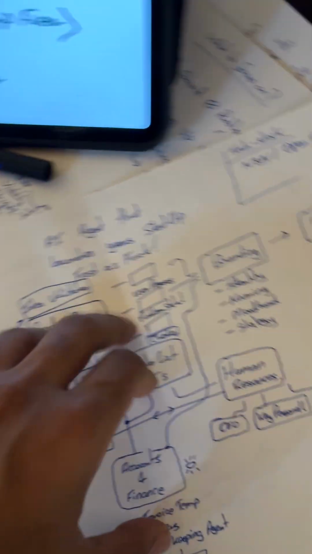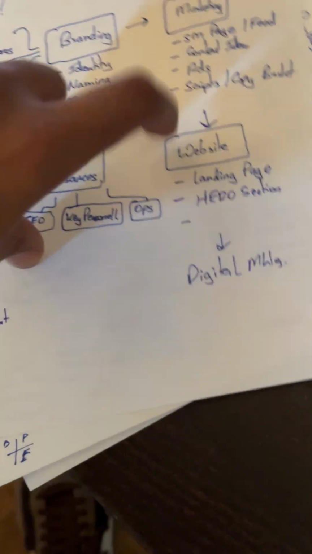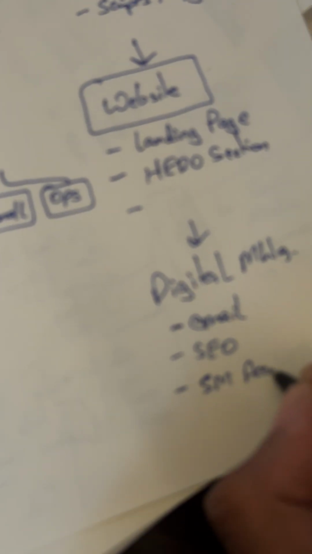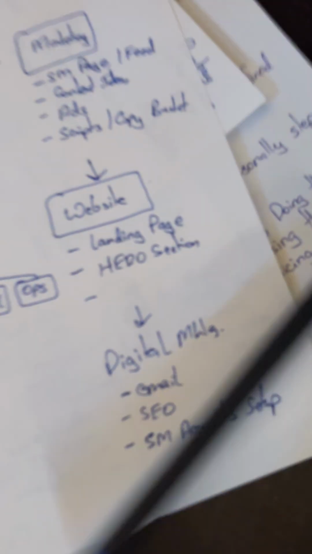And you have a bunch of other departments. So marketing goes to website, can go to digital marketing, which is basically your email, your SEO, your stuff that needs to be on a digital footprint, like your social media accounts and all of that jazz need to be set up. And if you can get an AI agent to just set up all the accounts really fast, I think that will save